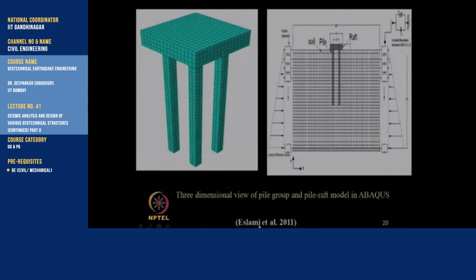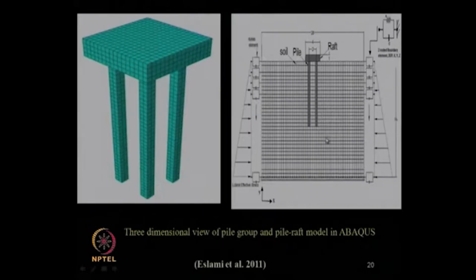As I said, you can see the combined pile raft foundation has been modeled in Abaqus software. The 3-dimensional analysis was done by Eslami et al. in 2011 under earthquake condition. So, this is the node condition. You can see the damper, stiffener and the mass using these links,